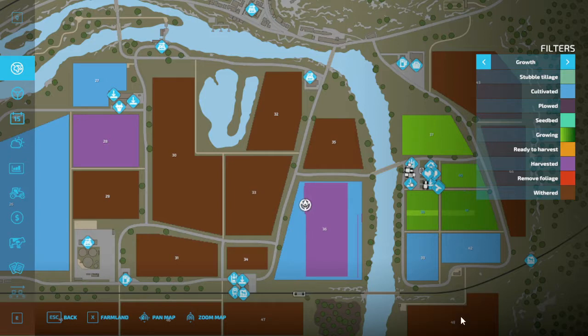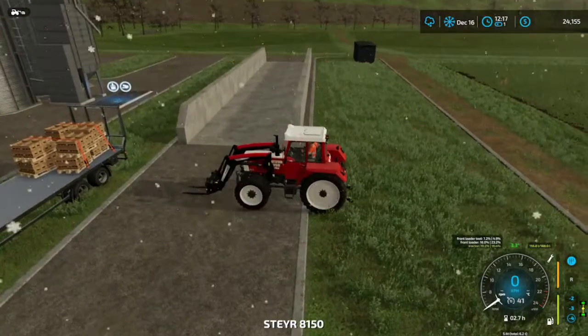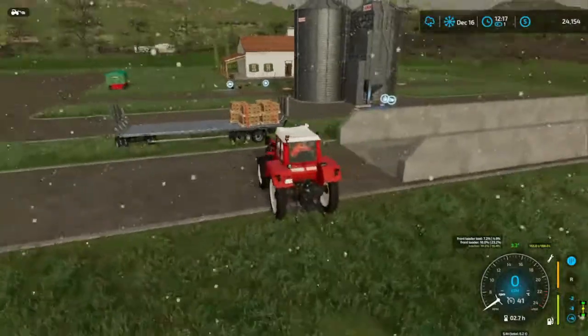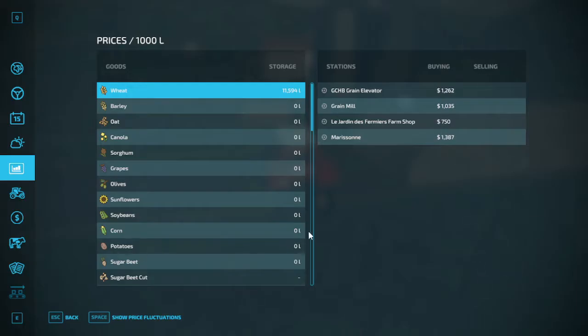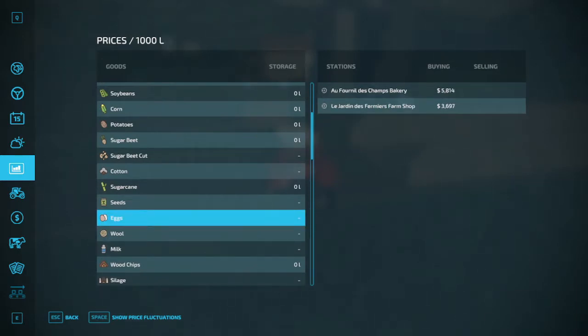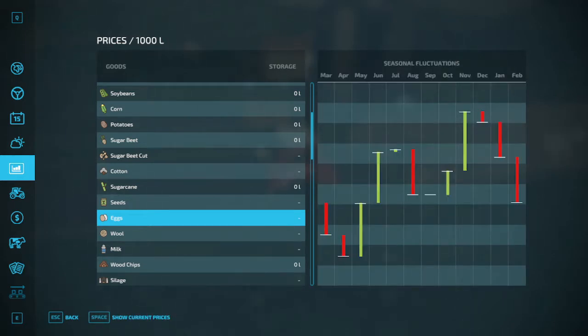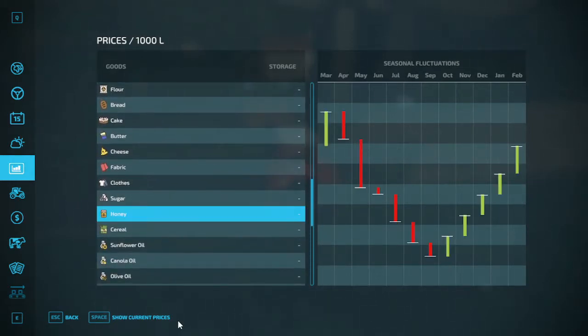So we'll get the cultivating done. We'll leave that on a worker for now. What we'll do is just quickly have a look, and no, there's not another honey pellet spawn there, so we won't worry about that. We will check out our prices. So eggs, we've got eggs on the go, 5,800 at the bakery. That's actually going to start going down. Well, it's already on its way down. We've missed the cutoff, but we don't have enough to warrant going to the bakery with what we've got. And yeah, we still want to be waiting until March for...